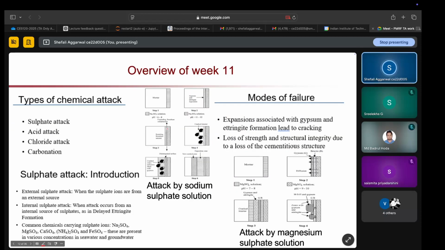So those are the different types of tests which we can do to check the durability of our concrete system. The other thing is, what are the different types of chemical attacks which can happen on the concrete system? The main types of chemical attacks are sulfate attack, acid attack, chloride attack, and carbonation. So carbonation is clear to you guys? When CO2 reacts with calcium hydroxide, it forms calcium carbonate, which will reduce the pH of your